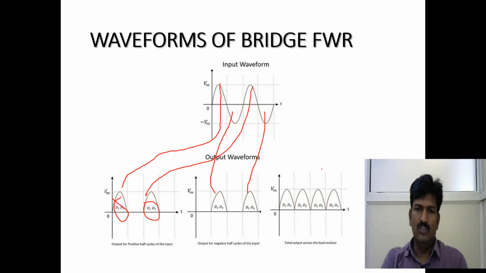That voltage is represented here by clubbing these two. Why should you club these two? It means the current passes through the diodes as well as the same load resistor, so the voltage drops across the load resistor are summed, and finally you get the output voltage like this. This is a cycle while conducting D1 and D3, and this is a cycle corresponding to conducting D2 and D4, alternatively.